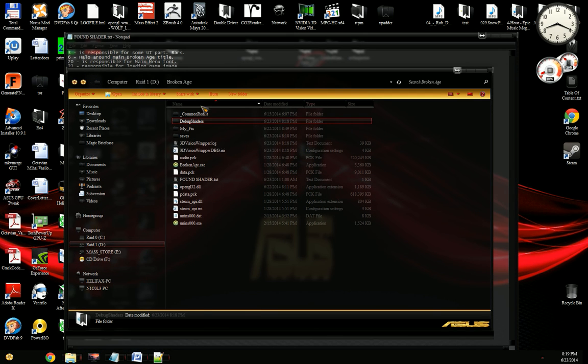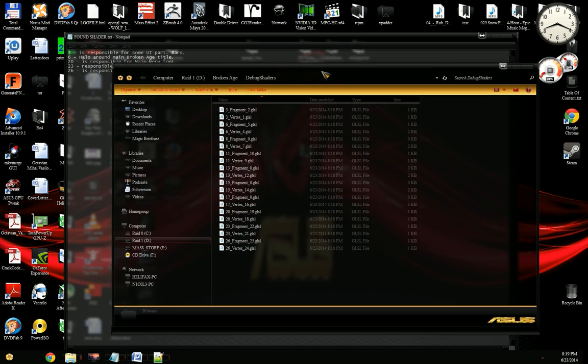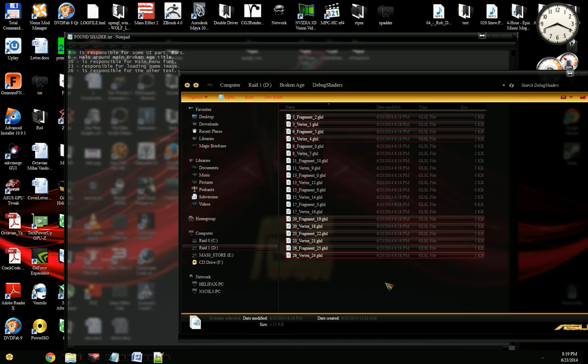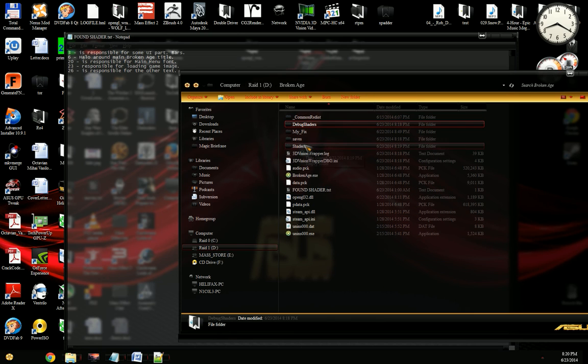we are going in the main game folder, we are going to create a folder called shaders, and from the debug shaders folder we are going to select number 3, both vertex and fragment, number 6, number 20, number 23 and number 26. So we are going to copy and paste them